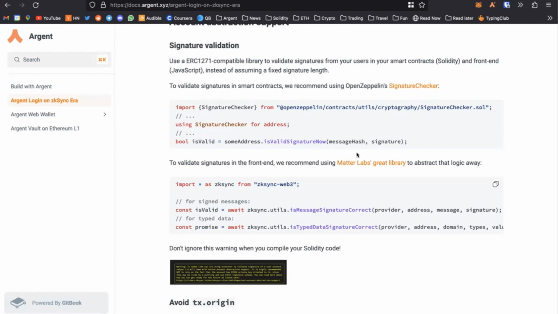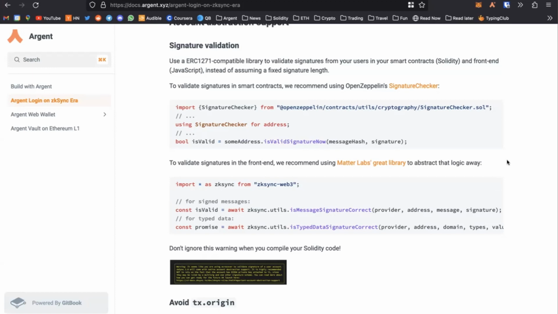So if we go into a bit of an example here, I assume most of you will be familiar with Solidity. In Solidity, the way we verify a signature is using something called ecrecover. It takes one signature and tells you who was the address, the account that signed it.